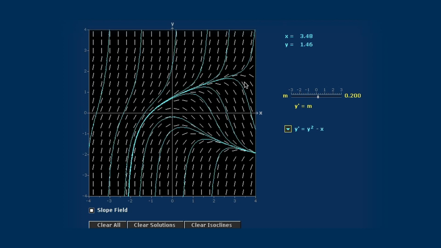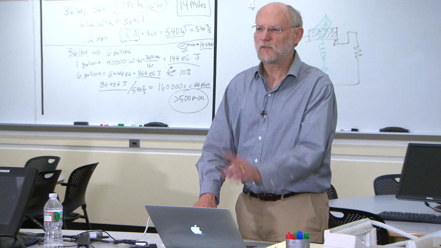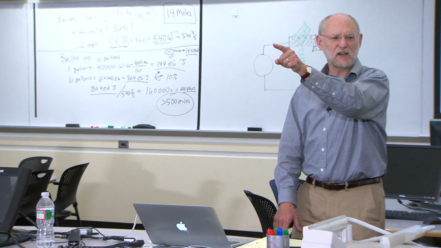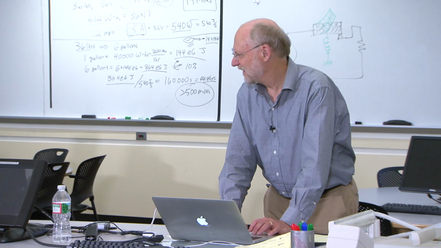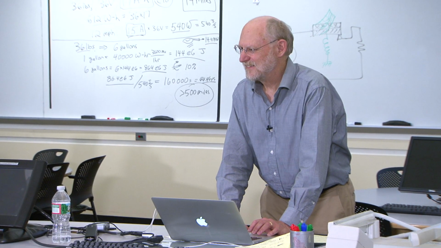Now, if you squint really hard, I can make that parabola appear. There it is. Did you see that happen? It's a little hard to see on the screen. But if you look now, it's there. It's in yellow on the screen. So what I did, there's a slider up here called M. I selected M equals 0. You can do that too. Click on that.